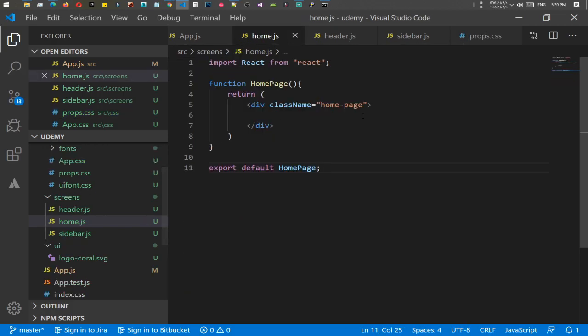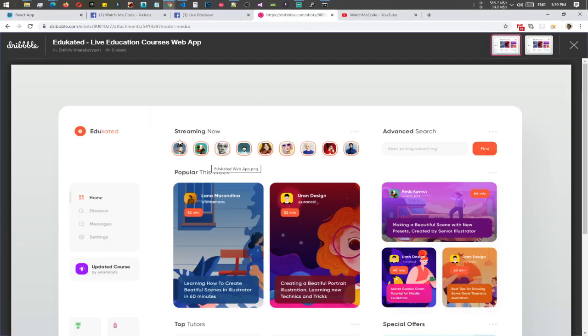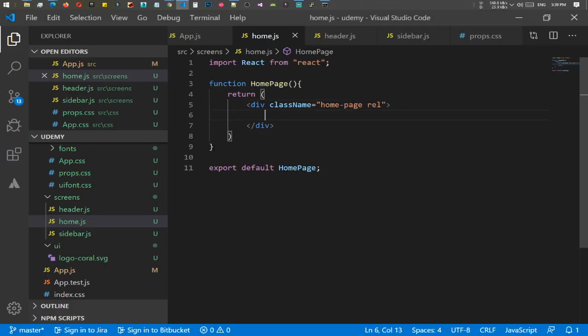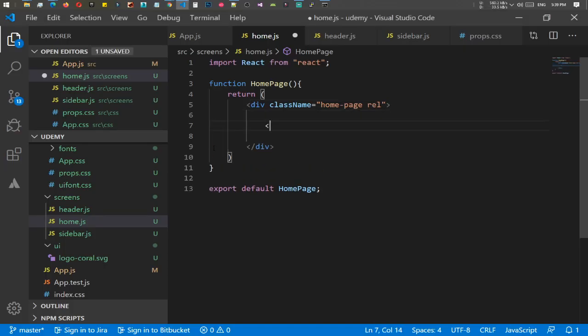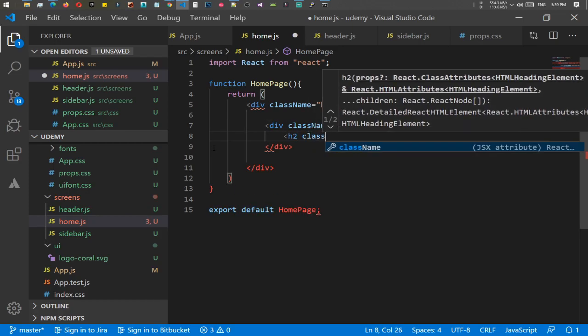Go back to home and give it rel, and we have our header that is streaming now, and let's add a div class name section rel, and we have h2 class name,